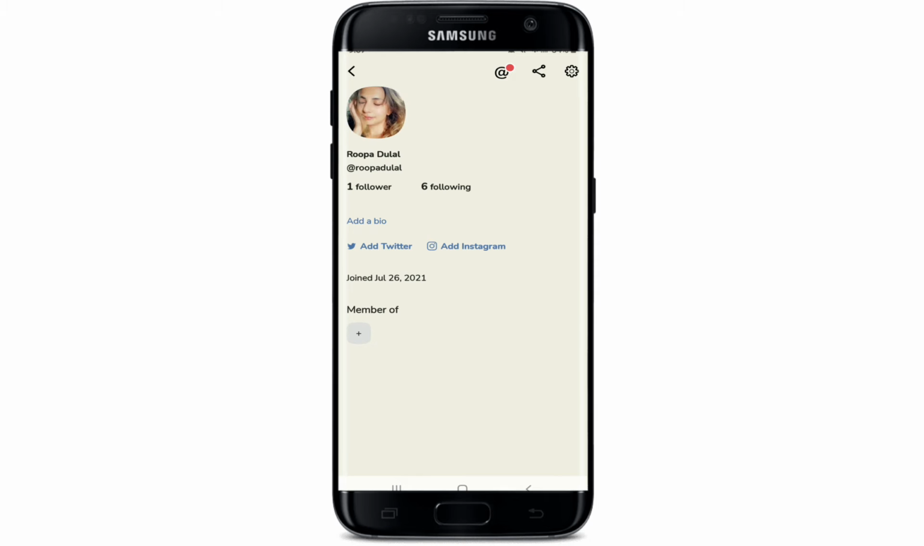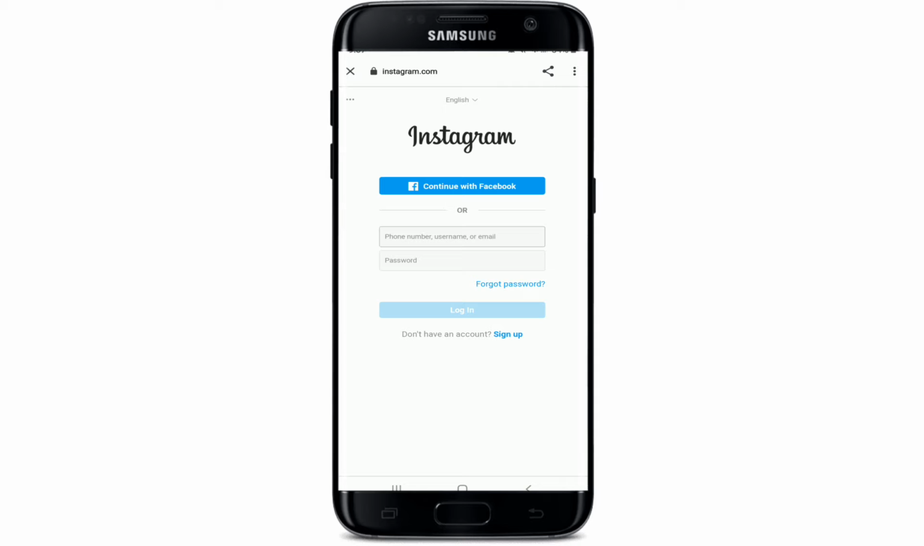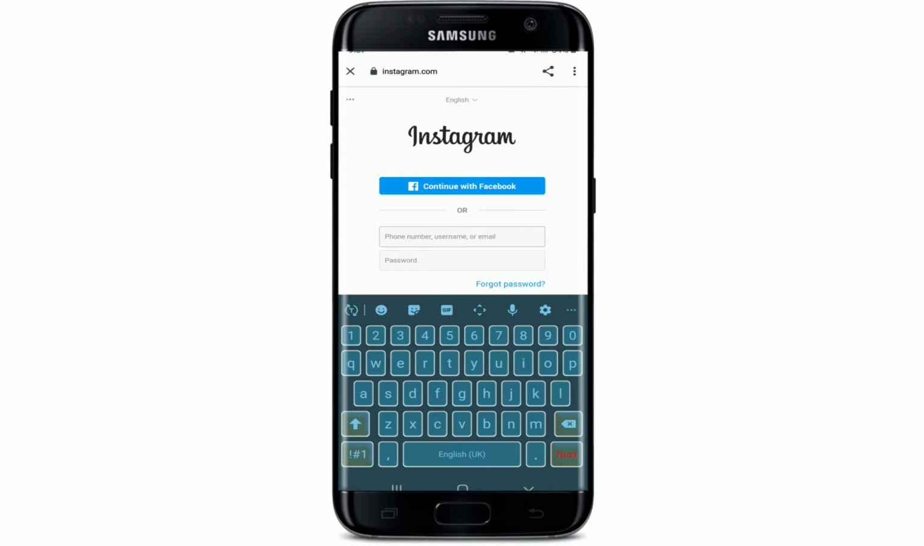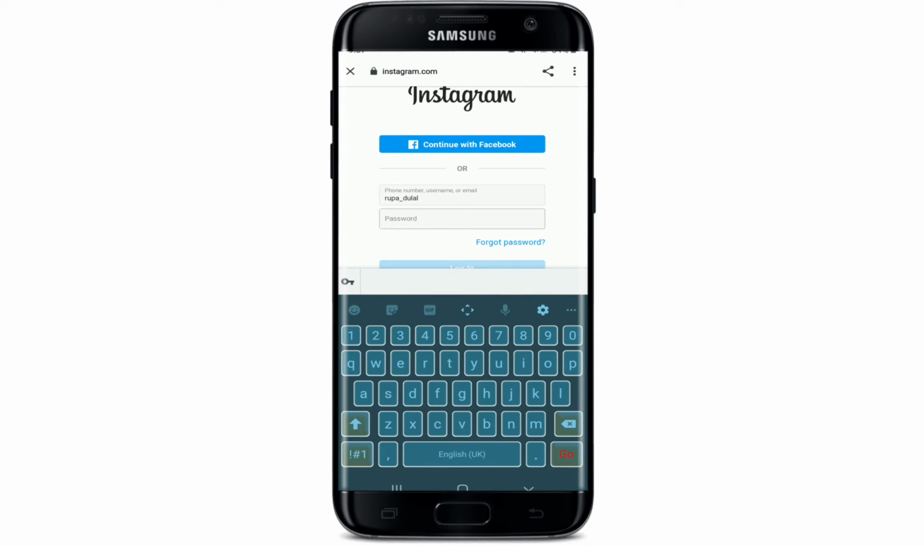From this profile page, go and tap on Add Instagram, and soon after you do that, on a web browser, you'll be taken to the Instagram login area. Log into your Instagram account if necessary by typing in your credentials. You can type in your phone number, username, or your email address in the first text box. Once you do that, head over to the password text box and type in your password for your account and